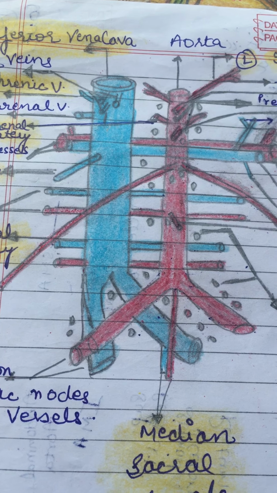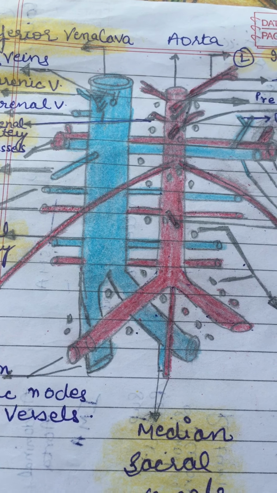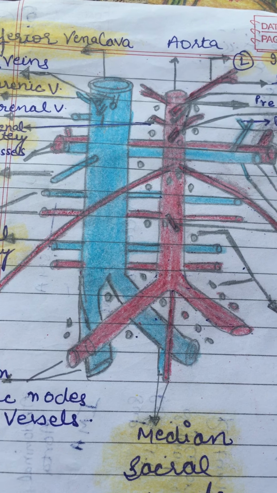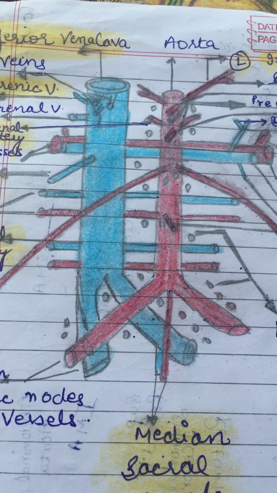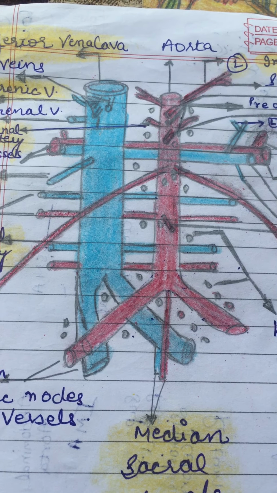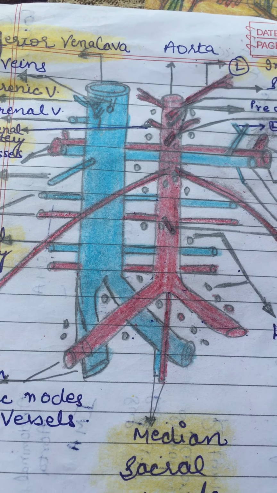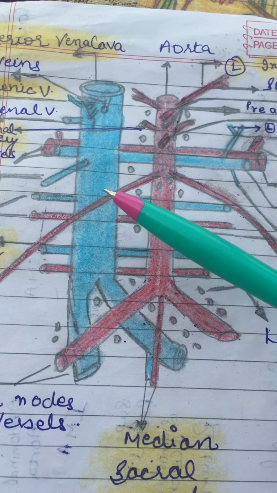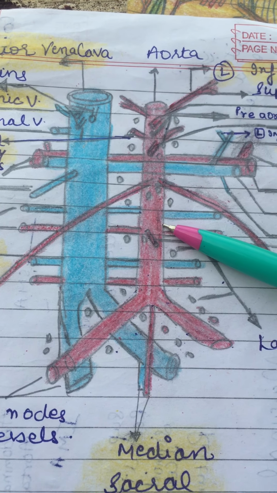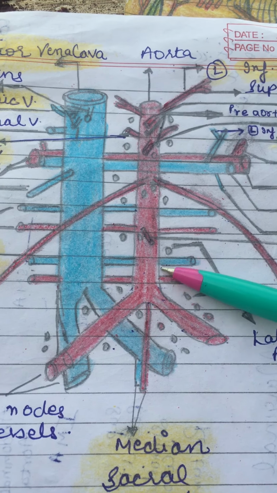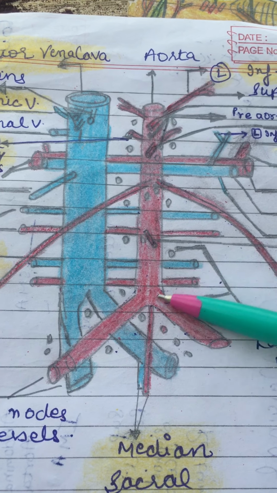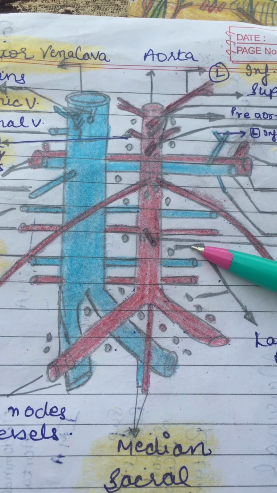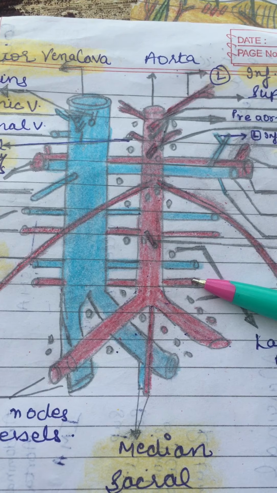Right, so it runs downwards and towards the left in front of the lumbar vertebrae and ends in front of the body of vertebra L4, about 1.25 centimeter to the left of midline, by dividing into two iliac arteries. Due to the forward convexity of the lumbar vertebrae, aortic pulsations can be felt in the region of the